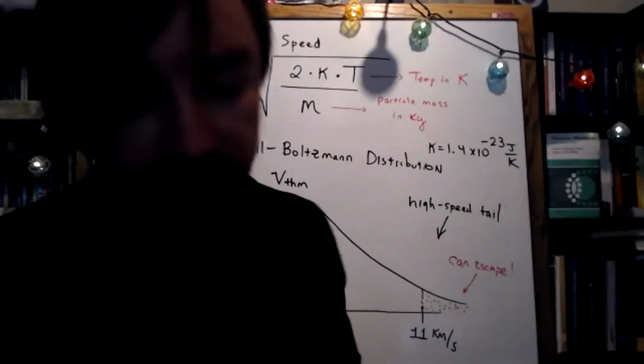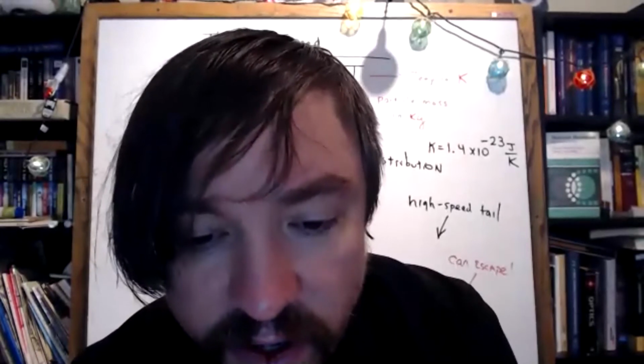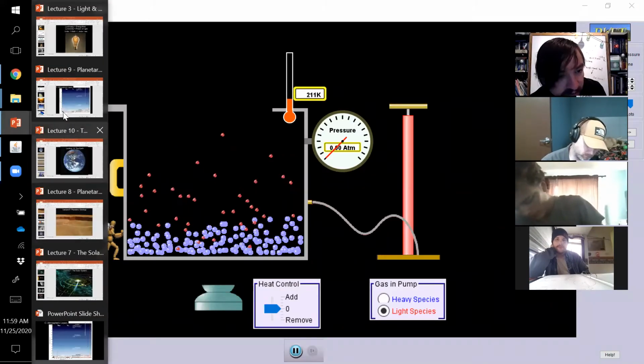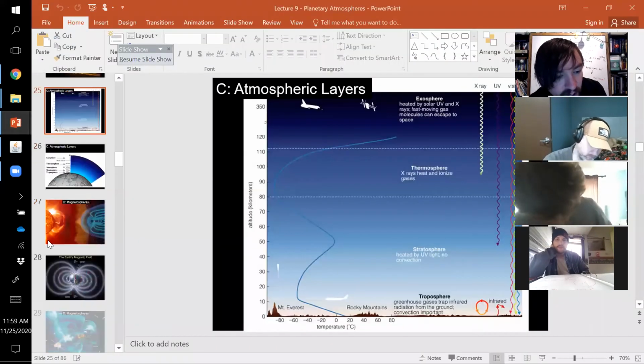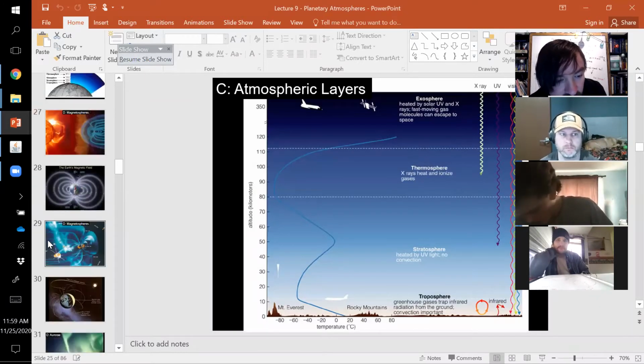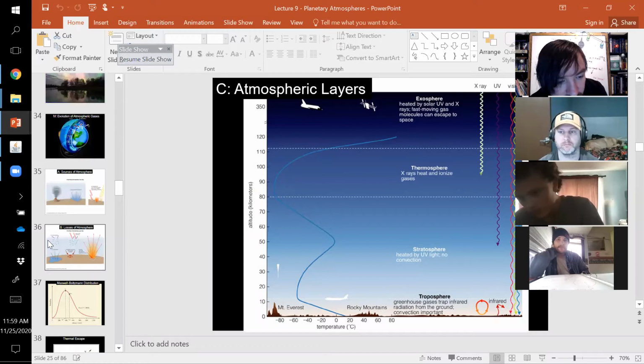Why don't we try, let me show you a Maxwell distribution function for gas particles in Earth's atmosphere, because this is kind of technical stuff, so I kind of have to give you a few examples. Do you guys remember the composition of Earth's atmosphere from last class? What is Earth's atmosphere mostly made out of?